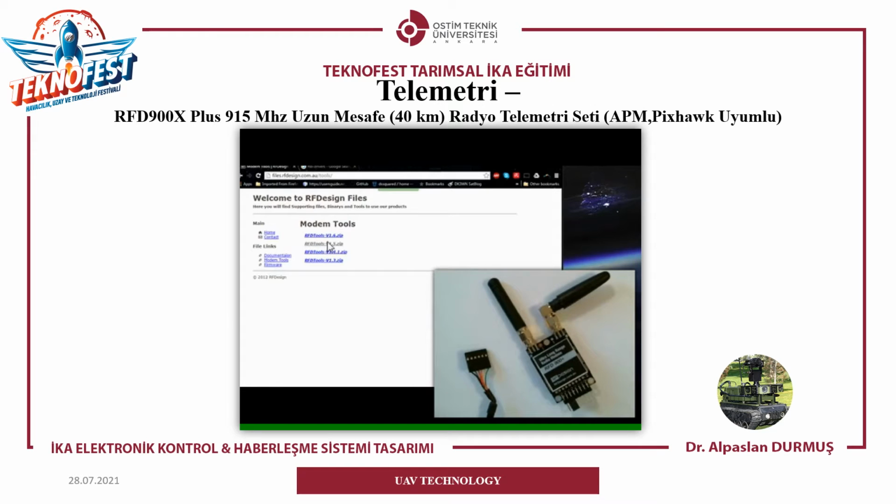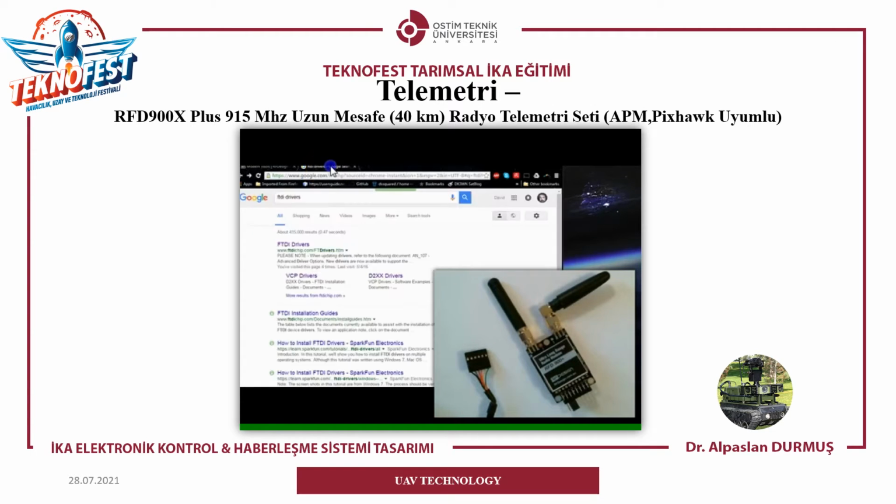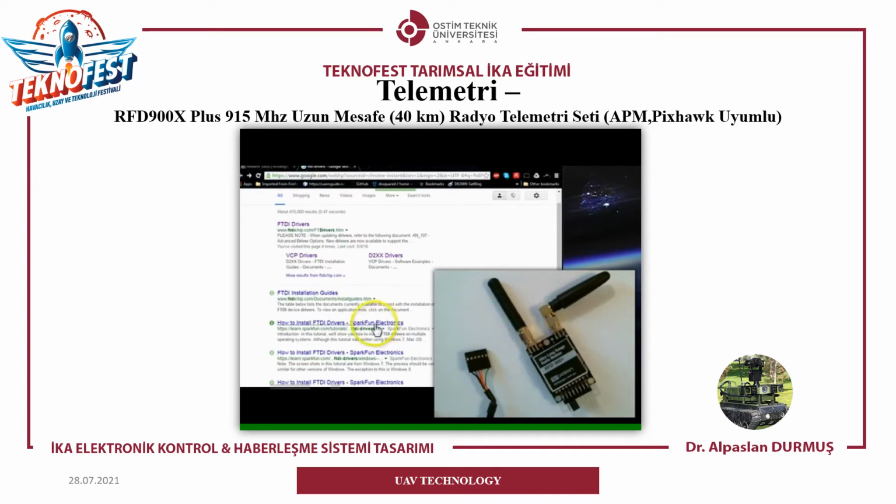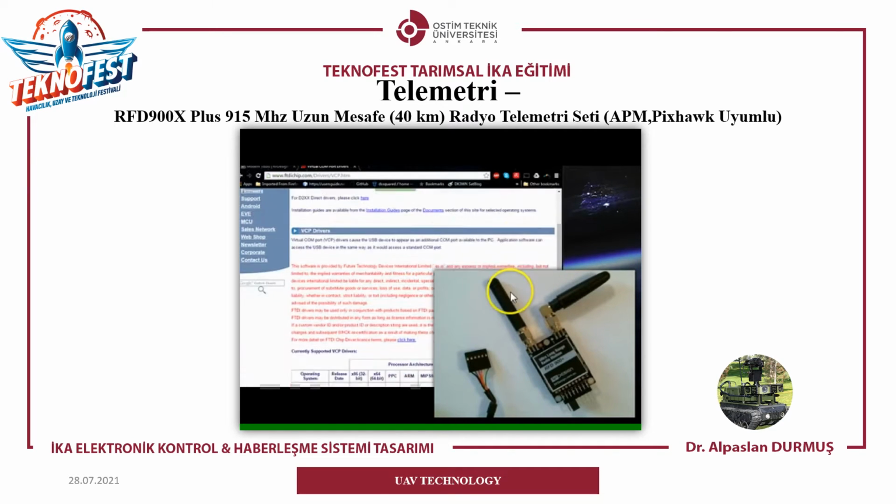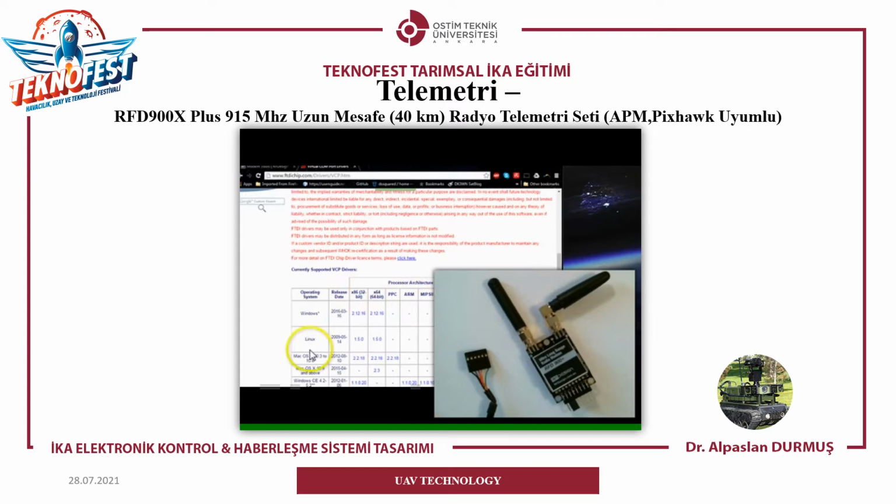It already has the drivers installed, but if you want to install them on another computer or just curious and want further info, you can search FTDI drivers. And what we're using is the virtual COM port drivers. Some other helpful information can also be found at SparkFun. They have a tutorial on how to install the drivers. It's pretty straightforward. Go to their page, select your architecture, operating system, download it, and this will download an installer